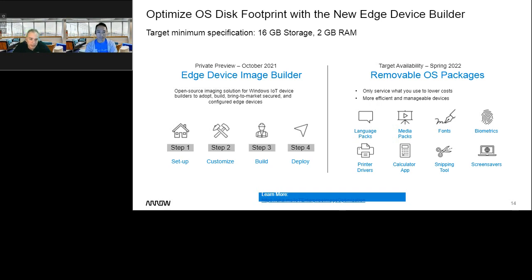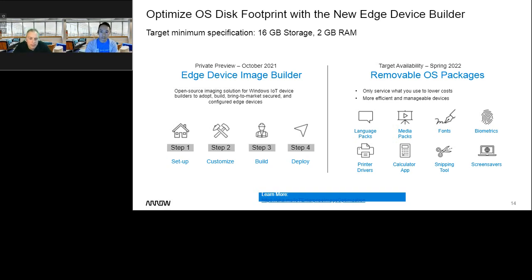So the plan with this new 2021 was to bring the footprint down to a smaller size to save you disk space and allow you to spend less money on the hardware and the storage. And the 2019 product today has the ability to do some of that, but this product was going to take that to the next step, and they are still working on that. That's why it's targeted spring 2022. But you can today start reducing that footprint, and then in combination with the image builder, I think it's going to be a really good thing.